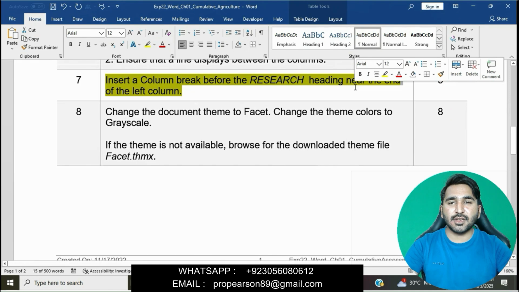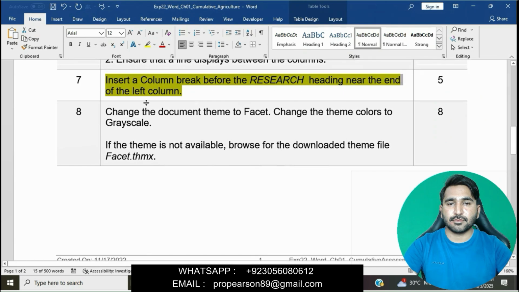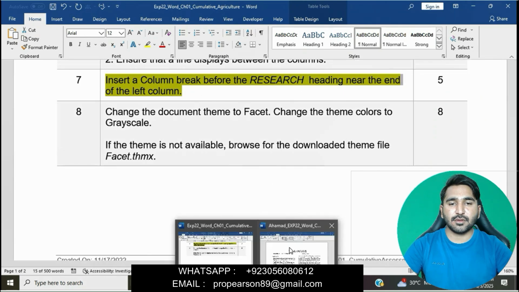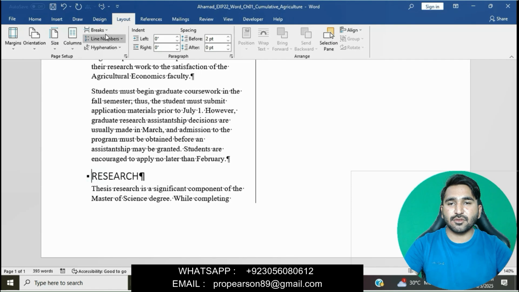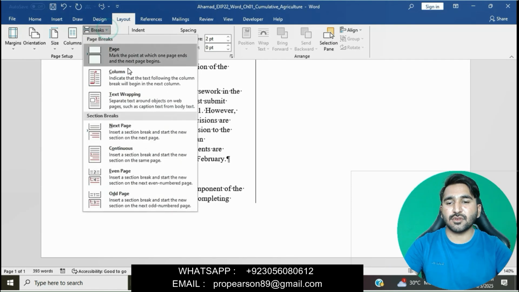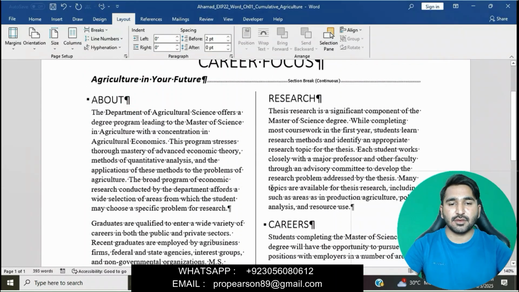We will go to the research heading, click before it, then go to the Layout tab in the Page Setup group, click on Breaks and then click Insert Column Break. Okay, this is good.